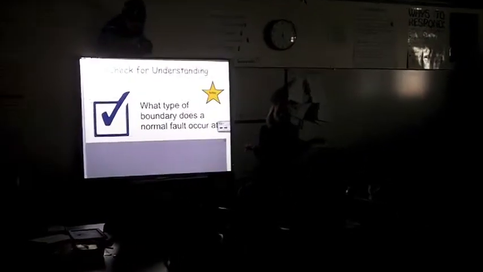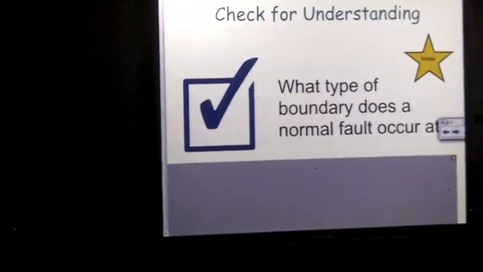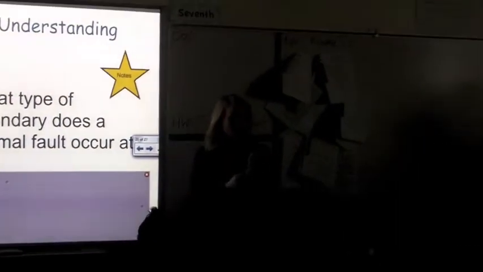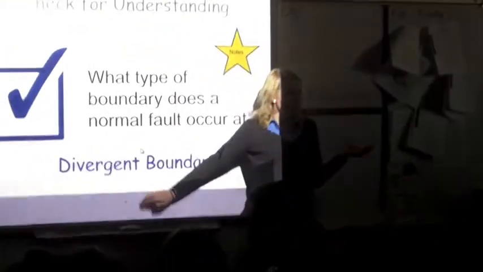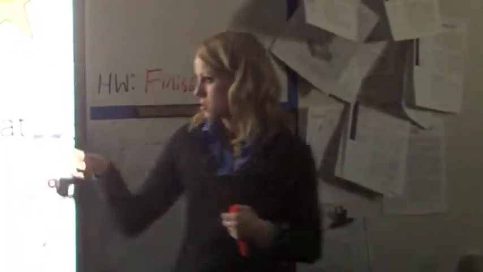So, where have we heard this before? Why does this sound familiar? When we hear about these normal faults, what does this remind us of? A boundary. Which one? Specific. Okay. Think about the definition we just wrote down. Do you want to help us out? Divergent. Yes. Divergent boundaries. Remember, it said the plates were separating. They're moving away from each other. So, as the plates are moving away from each other, they start to slide past each other. And that's when one drops below.